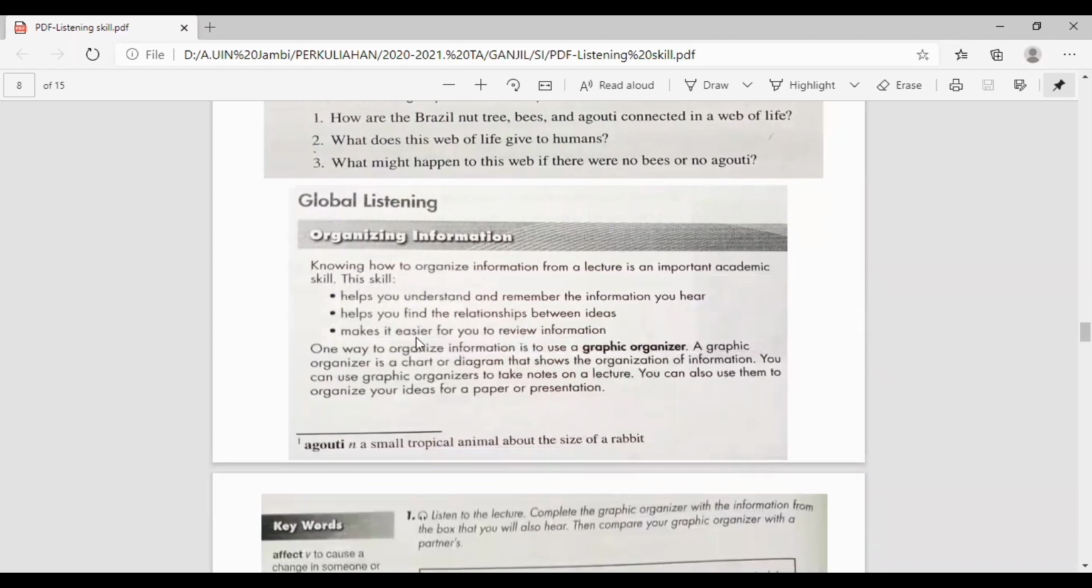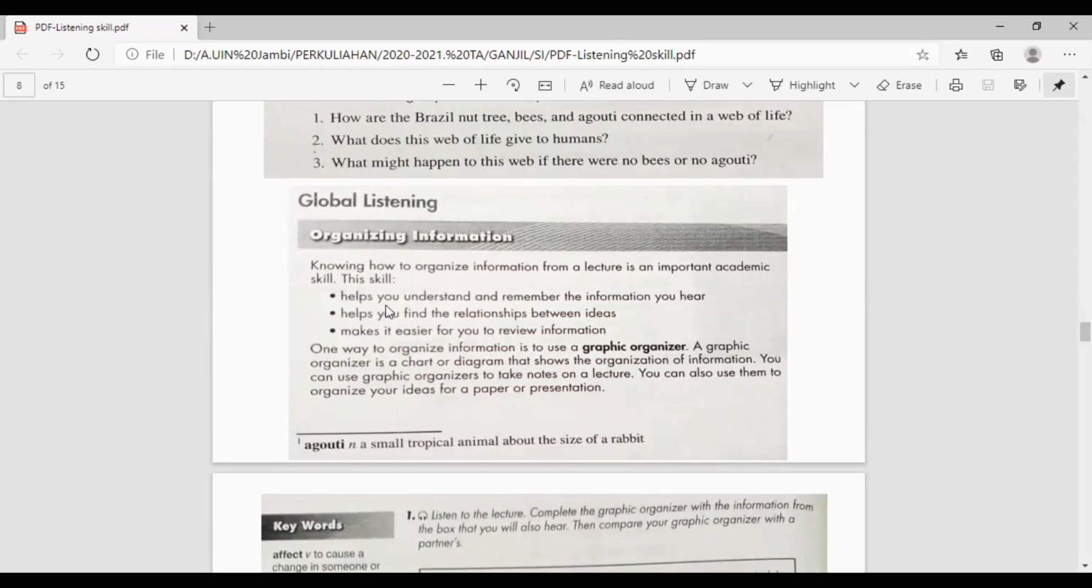Okay, now let's move on. This is about organizing information. Knowing how to organize information from a lecture is an important academic skill. Why is it important? When you have the ability to organize information from a lecture or from a talk or from a video you listen to,